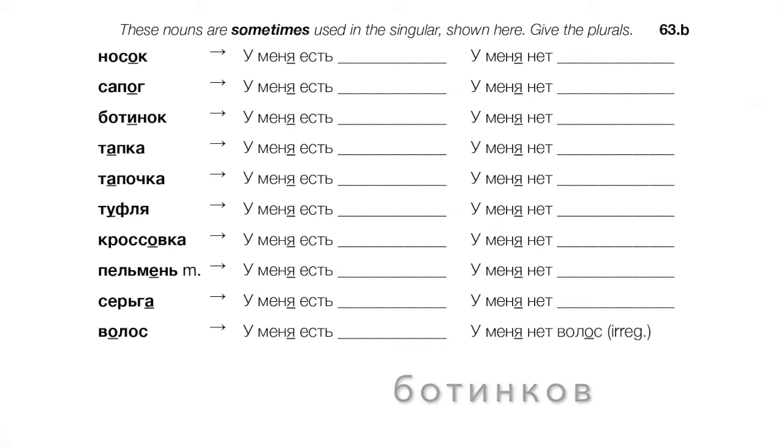Тапка, right? Slippers for wearing in the house. So let's say I have slippers. У меня есть тапки. У меня нет тапок. And now the diminutive form of that same word, тапочка, which is very commonly used. У меня есть тапочки. У меня нет тапочек. Okay, туфля, maybe a kind of dressier kind of shoe. У меня есть туфли. I have shoes. У меня нет